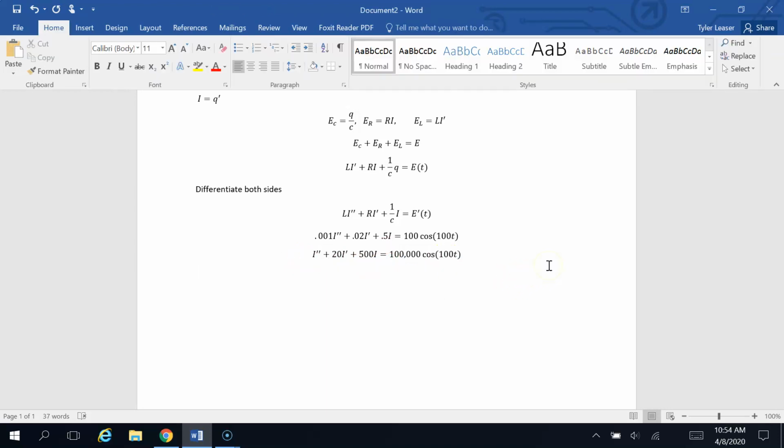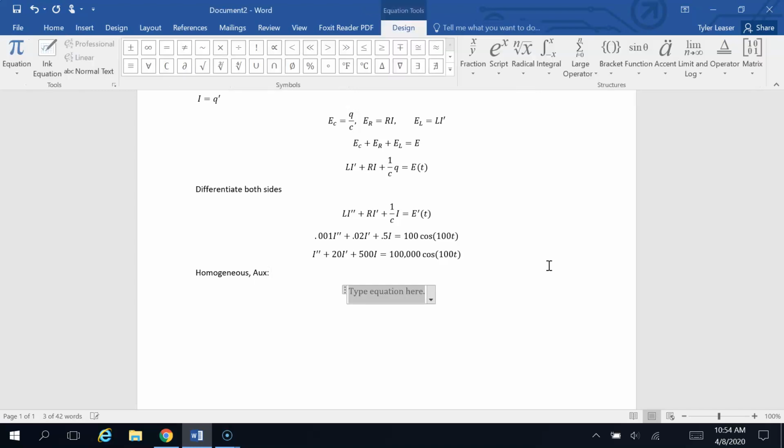And if we want to solve this, first thing we need to do is to solve the homogeneous part. And to solve the homogeneous part, remember this is the auxiliary stuff. So just real quick, that's going to be r squared plus 20r plus 500 is equal to 0. This is going to have solutions. You would just plug this into the quadratic formula, and it should spit out this. So r is going to be negative 10 plus and minus 20i,